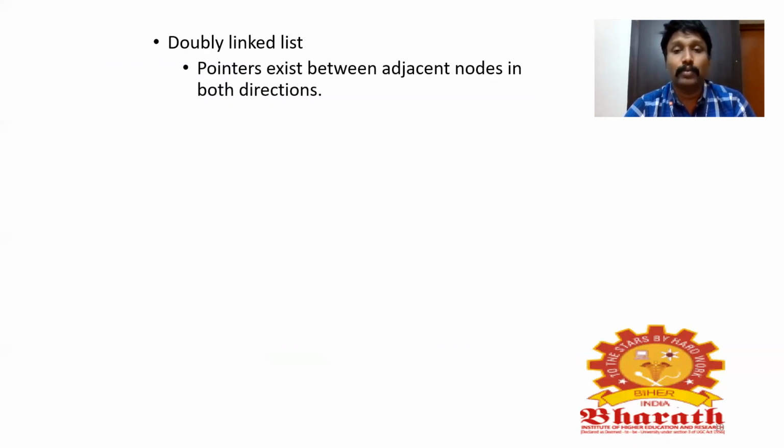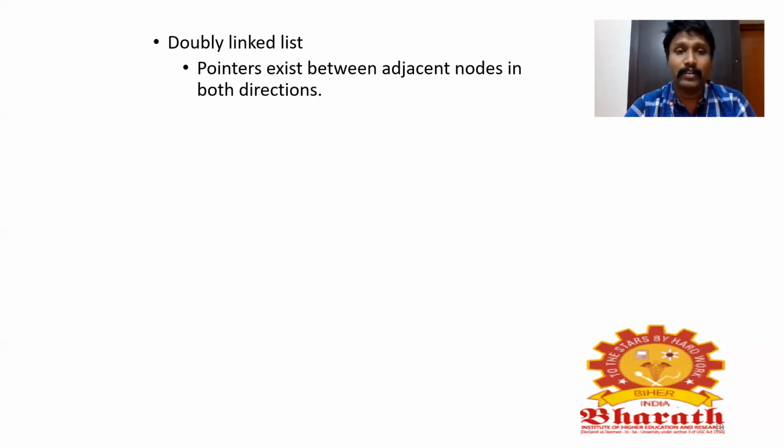Pointers will be used on both sides of the node. What is the reason for using pointers on both sides of the node? Because two ways of traversal can be done. What are those two ways of traversal? The forward traversing and the backward traversing. You can also say it as forward link and backward link. Two-way traversal can be done only in a doubly linked list.